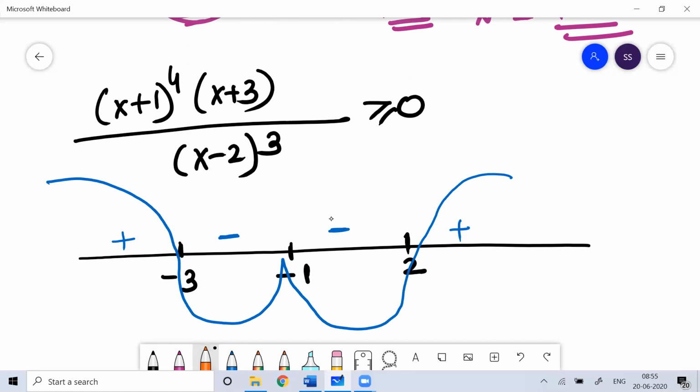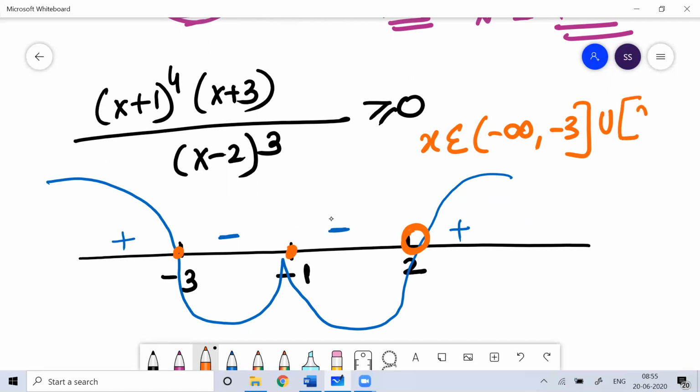And now which value to consider, what not to consider. Minus the x value 2 should not be considered, while these things should be considered. Okay. Now it should be greater than or equal to, means x is an element from minus infinity to minus 3, close bracket, it should be included. Then it should be from 2, close bracket of 2, then from 2 to plus infinity. And in that, the value minus 1 should be included.